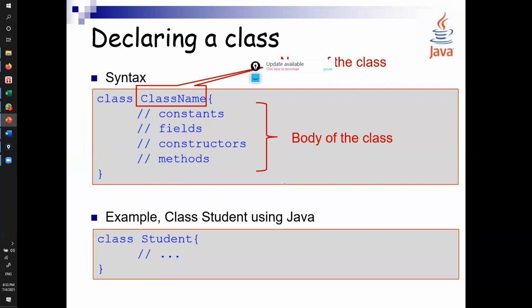So we can put a class name, and you can see, okay, we haven't talked about the constructors, but we will talk about the constructors. So constants and fields, those are the variables. But the constants, the values remain unchanged, but the fields or variables in general, the value can change. Then you have the methods. Oh, what about the constructor? So we also discussed the constructors in this session. Okay, so